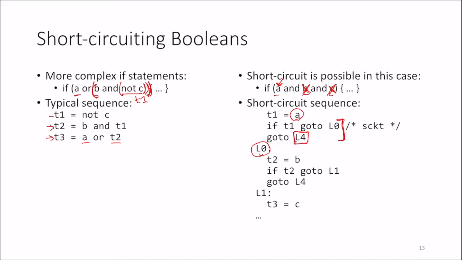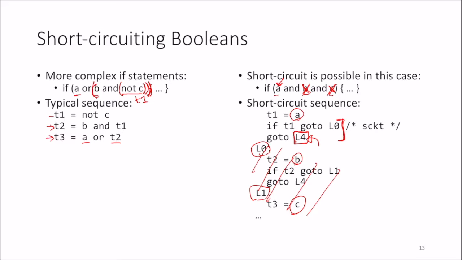In L0, we would evaluate B, and if B is also true, then we would go to L1, and then we evaluate C, and so on. So if A was false, we go to L4 and bypass all of the evaluation that we don't need to do, which is for B and C. So that's what short circuiting would do for us, is using these go-to statements essentially to save some work in